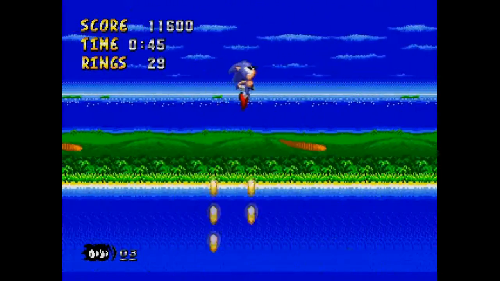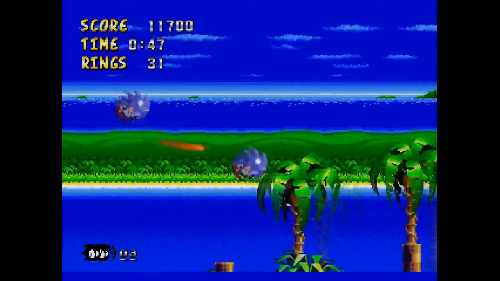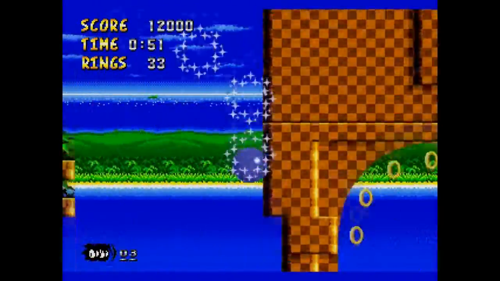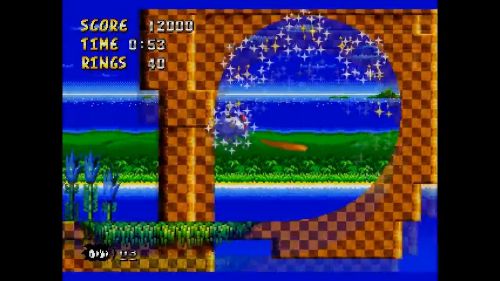Now of course the spin dash and the homing attack allow for a very fast flow throughout the levels, being able to play the levels quite quickly and